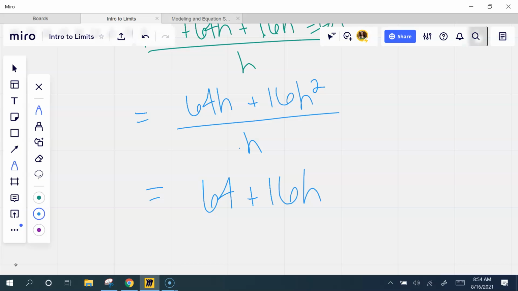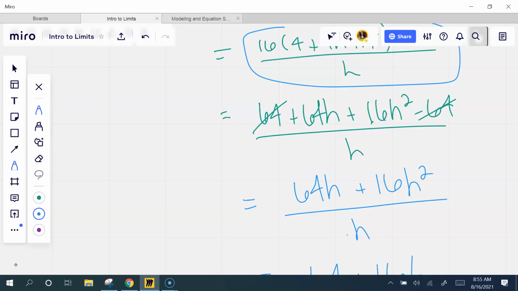Okay. Remember, we're trying to get h to 0. We couldn't put h to 0 because h was in the denominator. So we plugged in the IROC formula and put a 2 in for t, because we want it when t is 2. Expanded and simplified and got it down. This is my equation. And now if I put 0 in for h, I'm left with